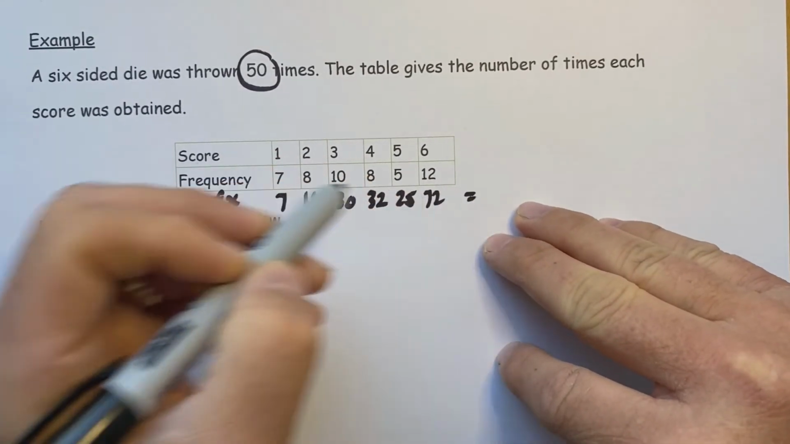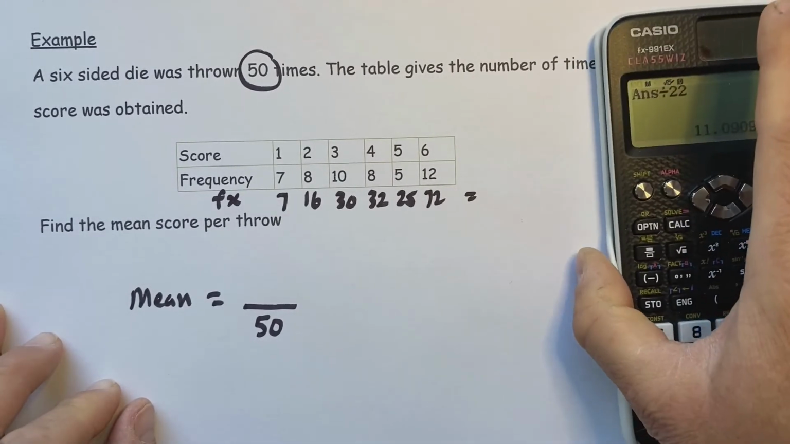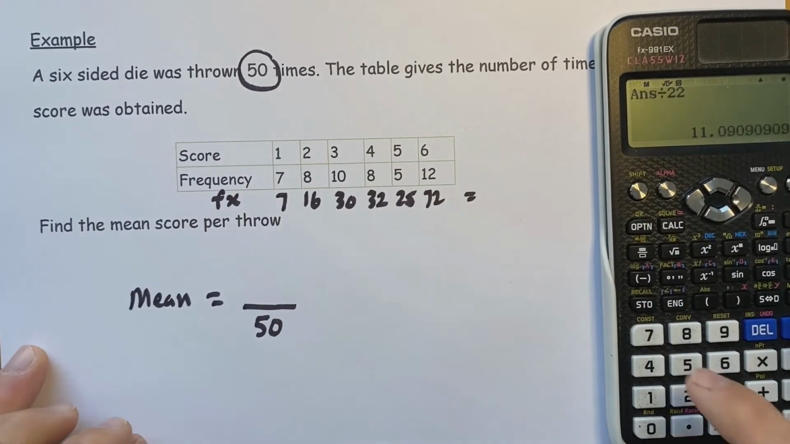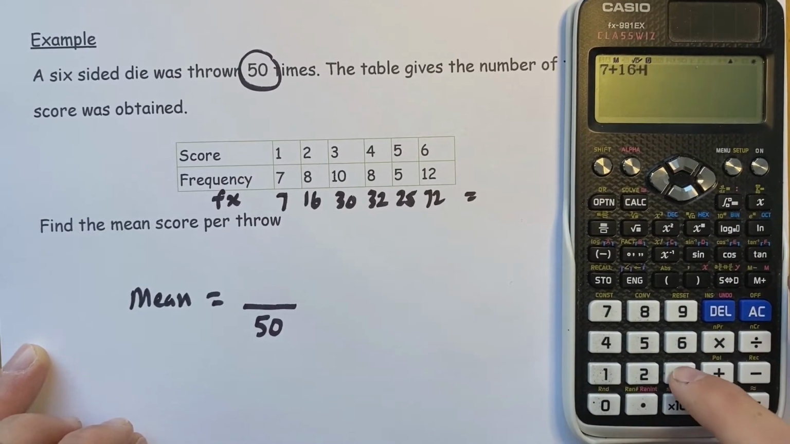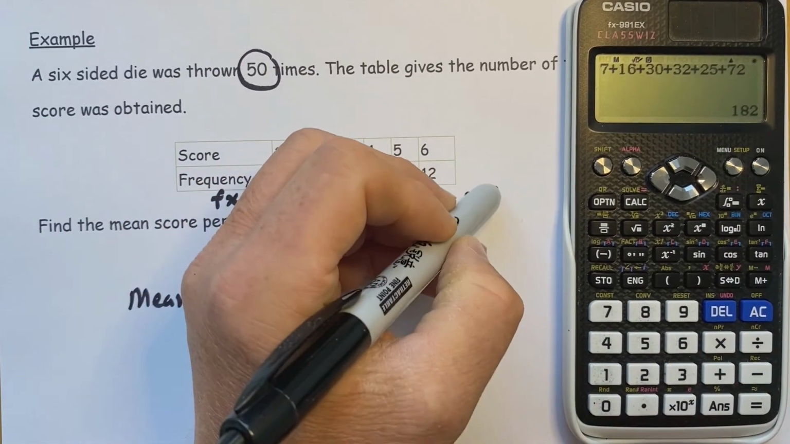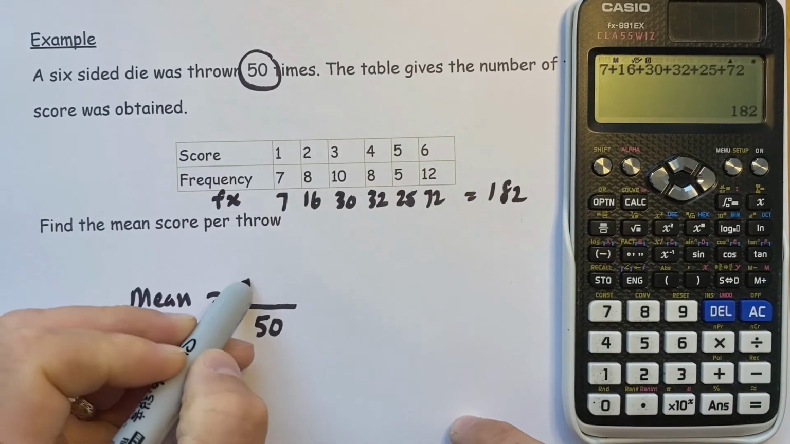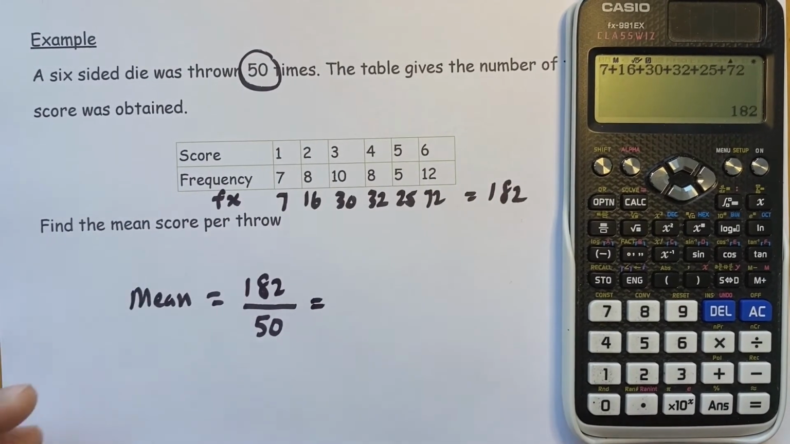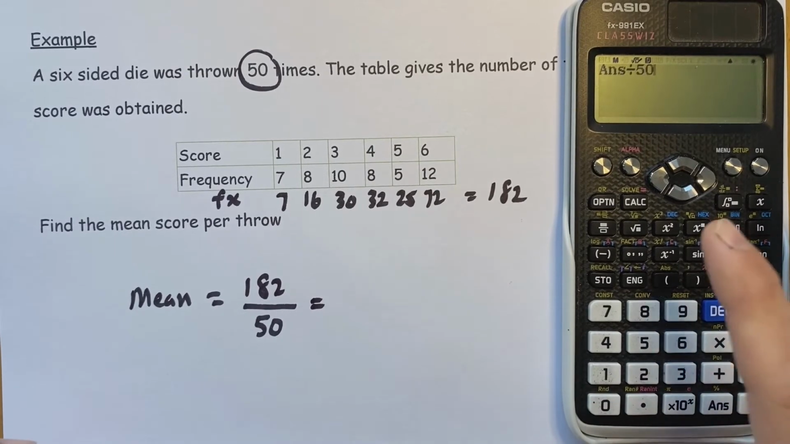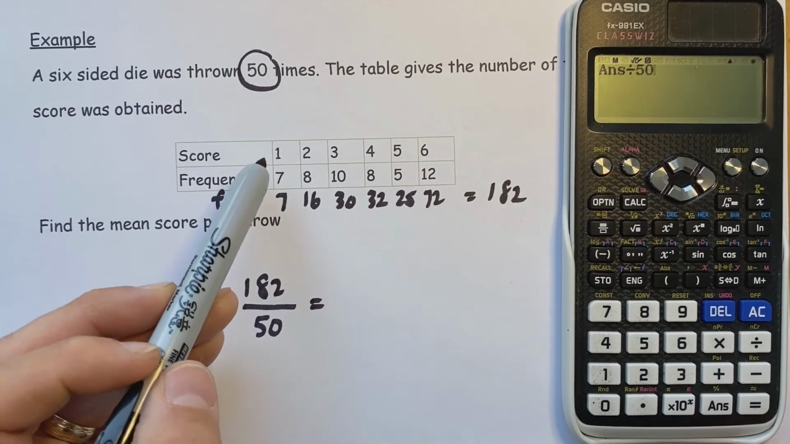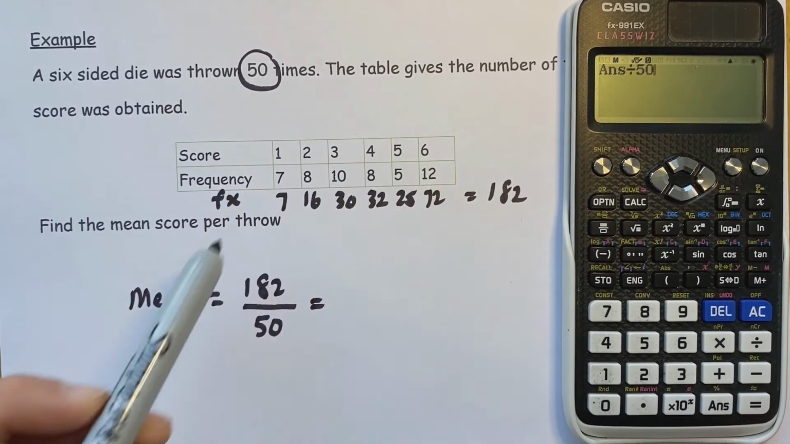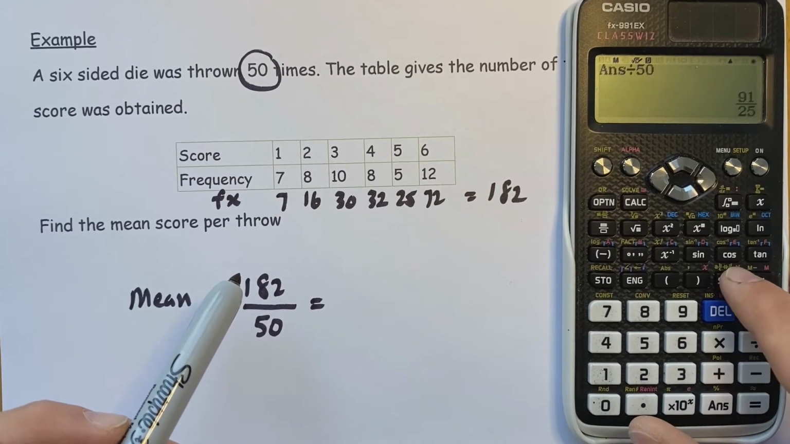And if I add that column up, that gives us the grand total, which will go on the top there. So 7 added to 16, added to 30, added to 32, added to 25, added to 72, gives us a grand total of 182. 182 goes there then, and we divide that by 50. And before I press equals, you'll know if your answer is right or looking right, because my answer should be between 1 and 6. Equals, and I get